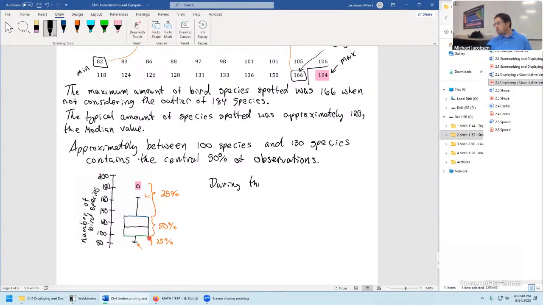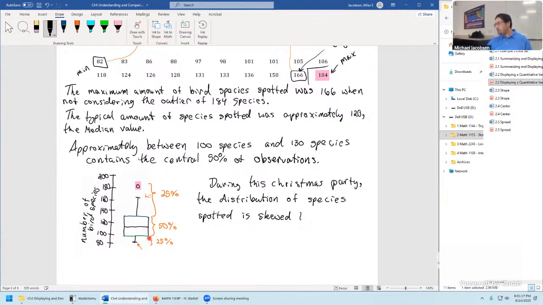During this Christmas party, the distribution of species spotted, or number of species spotted, is skewed to the, it's kind of tricky, right?